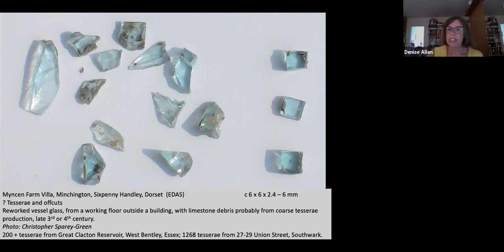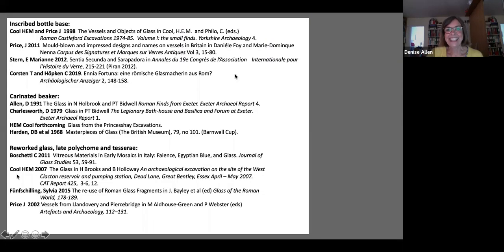So I think my time is up, and these are the references to the pieces I've talked about. I couldn't dwell on them because of time. So just a few nice pieces of glass that